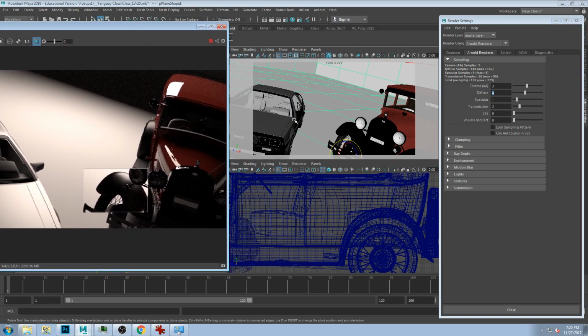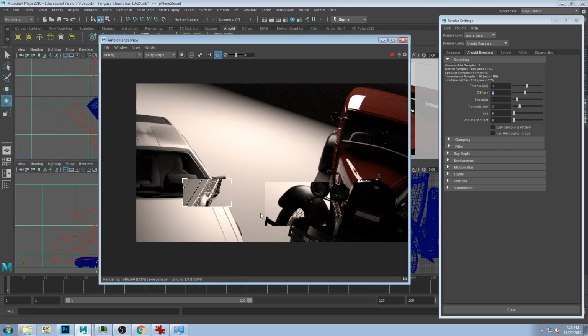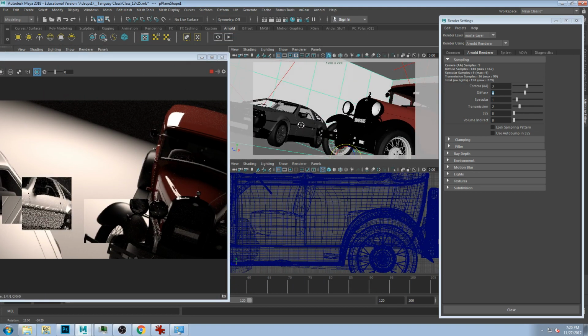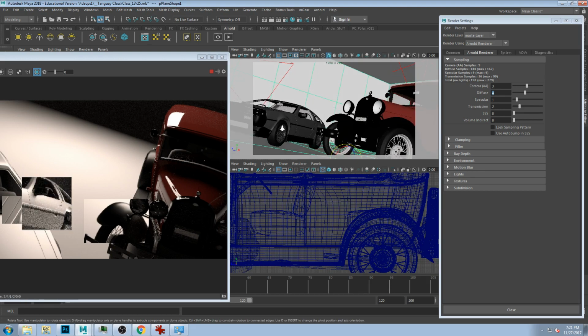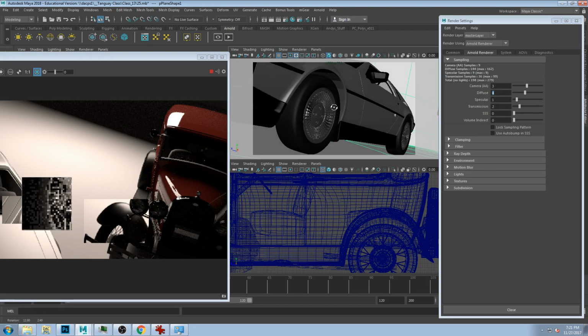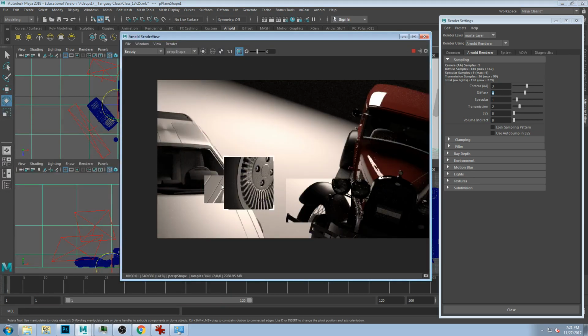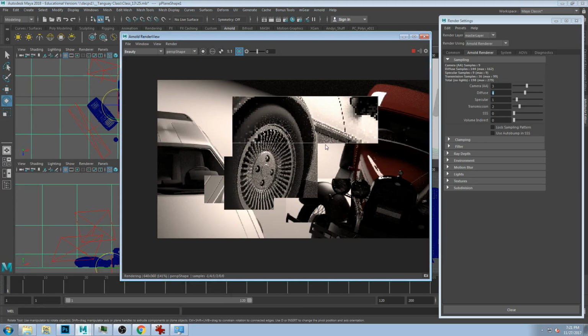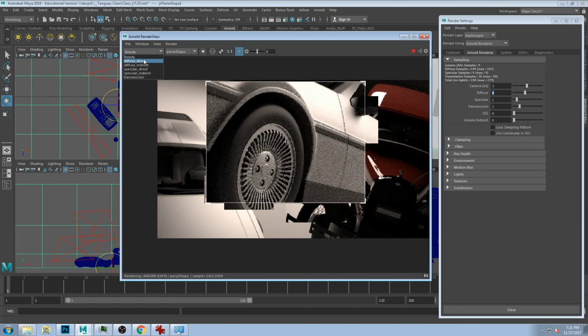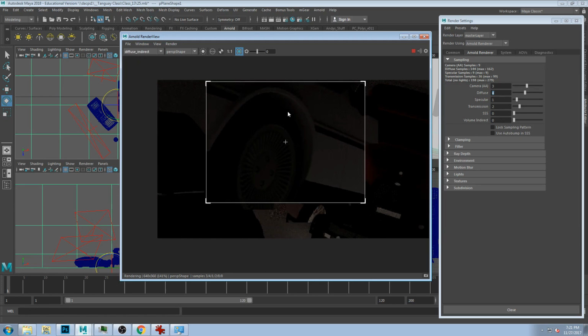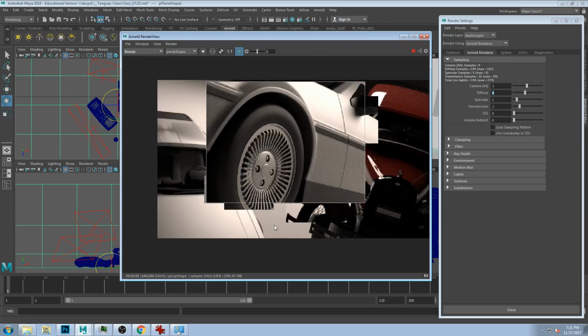Okay, so let me just sample some other little areas here. But you do want to inspect, like I'm going to inspect in these tire wells here, because that's light that bounces up underneath. Okay. Diffuse indirect, once again, that's light bouncing off the ground, and it's not too bad. I mean, it's awful dark, so it's okay. It kind of falls in there. Okay. So if we keep looking,